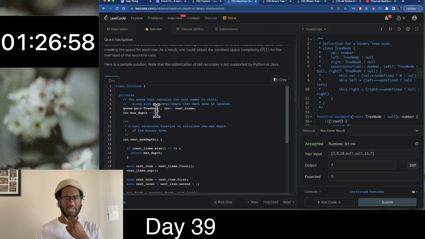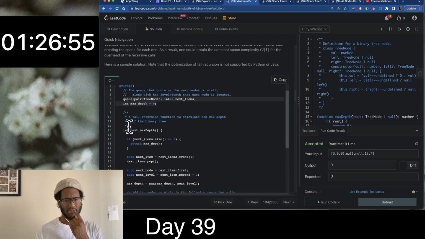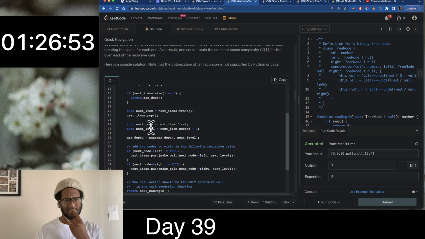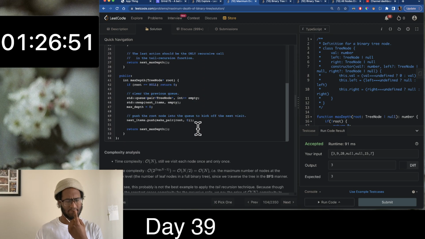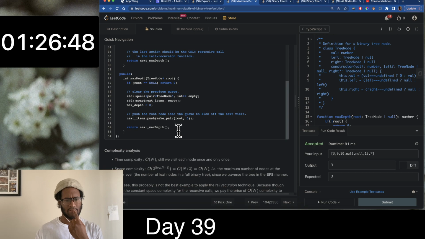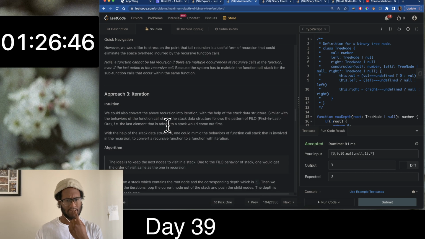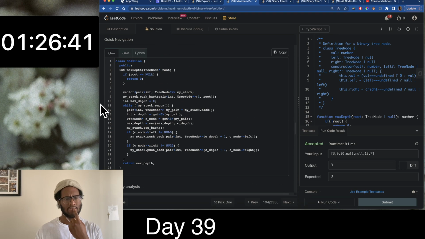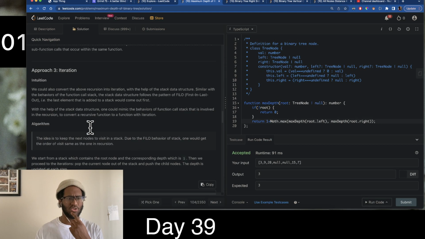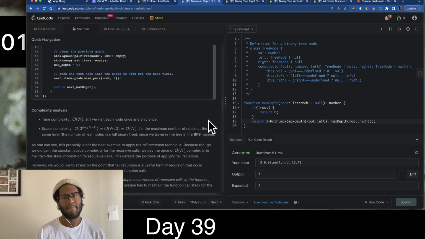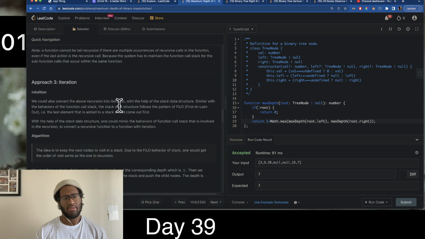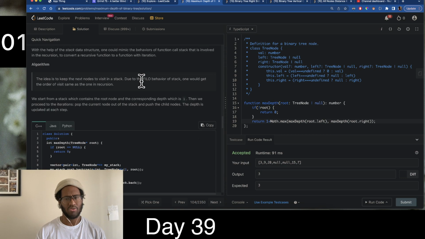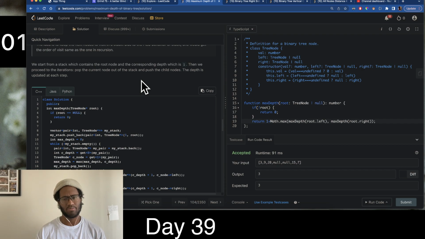So the queue that contains the next nodes to visit. Looks like there's a few ways to do this, but I'm fine with this being the method. You can do it iteratively with the stack as well. Because technically this is